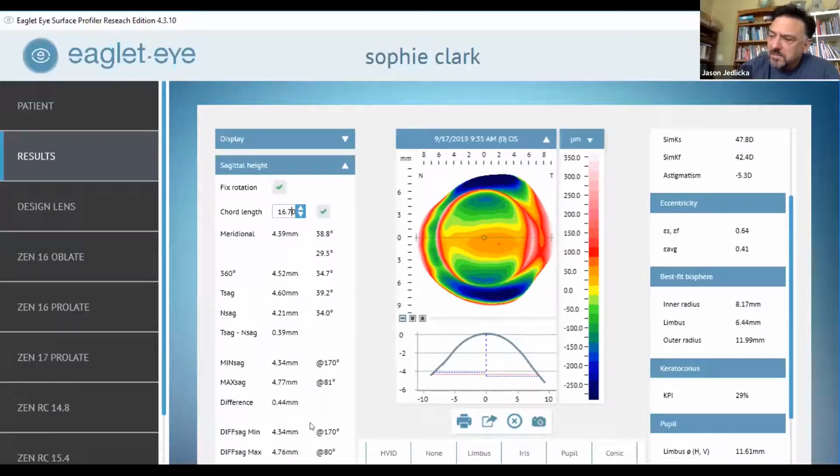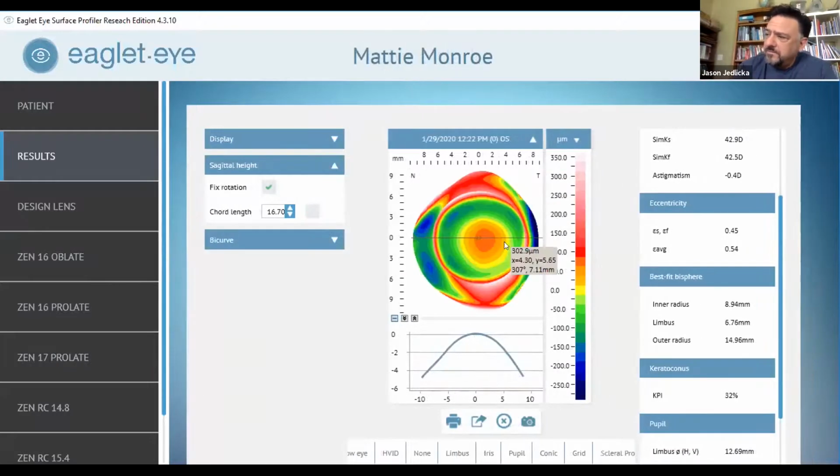And in this case, this is a patient who's better served with, for me, a bi-elevational lens, which again just means that some of the elevational difference in the two major meridians is put internal to the point of the lens first landing on the eye. So this is a patient very different, as you can see by her cornea. She's quite spherical. I think she has less than a diopter of astigmatism corneally, but she's very against the rule in her sclera. And so in this case, this is somebody where the vast majority of the difference in elevation between the two meridians is in the scleral zone, not in the corneal limbal chamber of the eye.